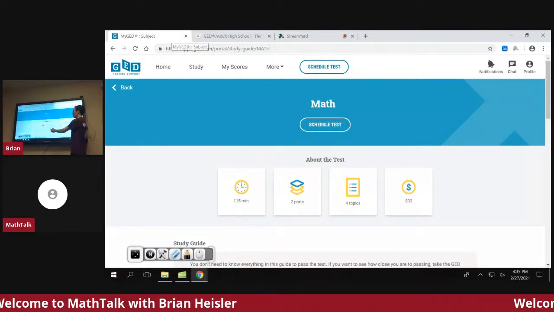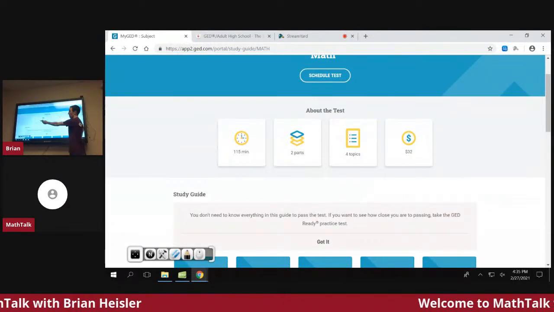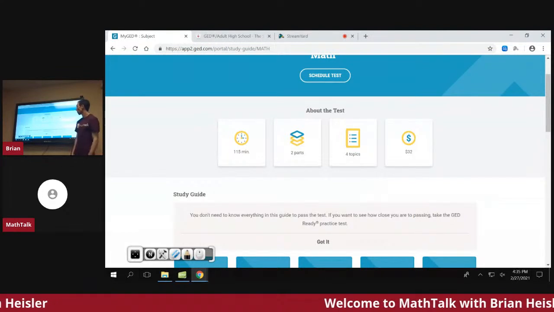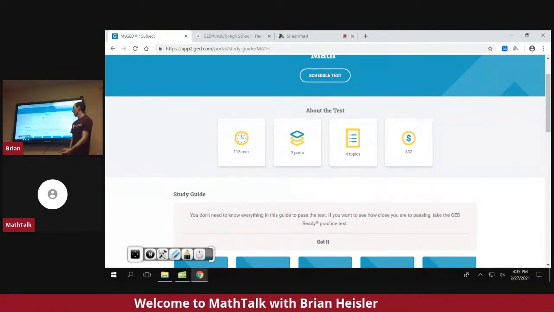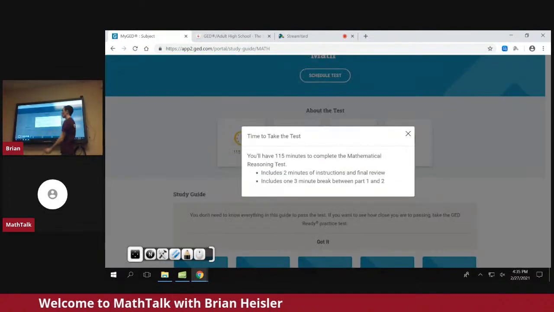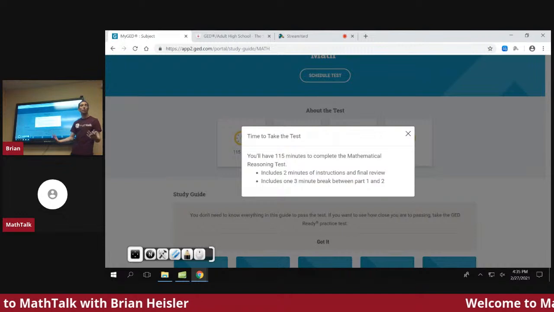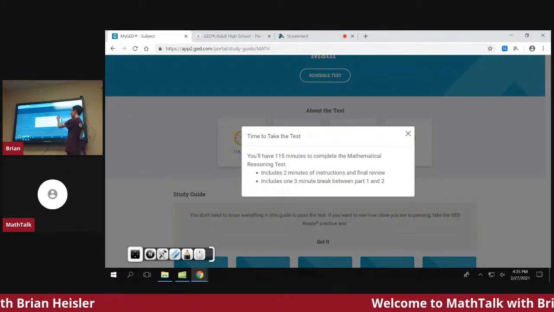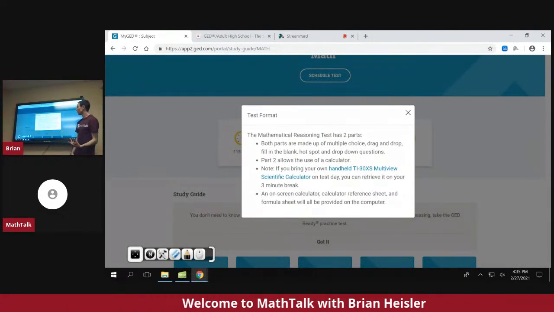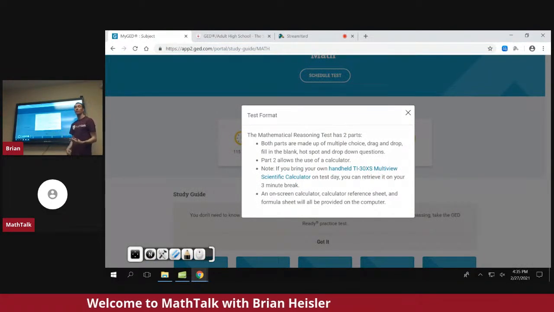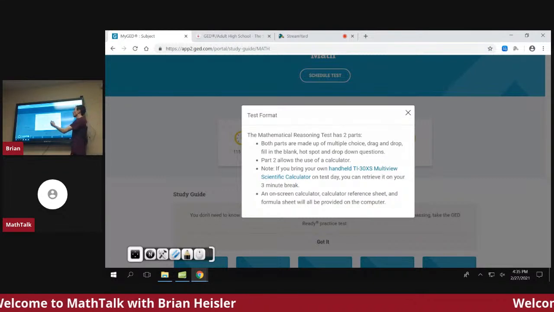This is great information for you to use. It has information, like I said, the time of the test, the parts of the test, the topics, and then the cost for Florida. If you click on each of these, it'll give you a little more information. So I encourage you to go and read that information about the 2 different parts as well. There's some good details there, information about the calculator, that break I mentioned, but I encourage you to definitely take